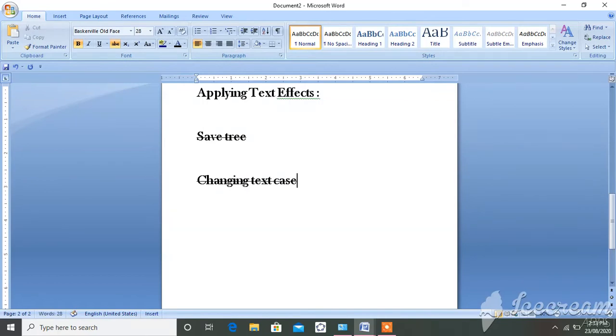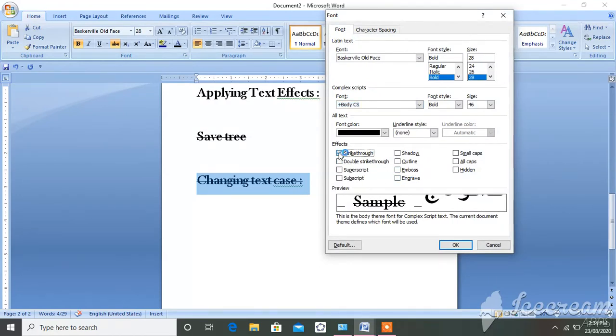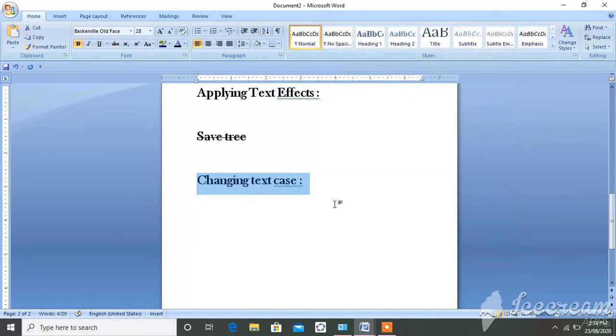Changing text case. See, this effect gets applied here also. So remove that effect. Again select that character, go to the font group, remove this effect, means again tick on that checkbox, and that effect gets removed. Now how to change the case? Change case means you can make that character capital, or you can make that character small. Okay, you are writing the alphabet in capital letters, and you can even write the alphabet in small letters. The same way you can do it here.